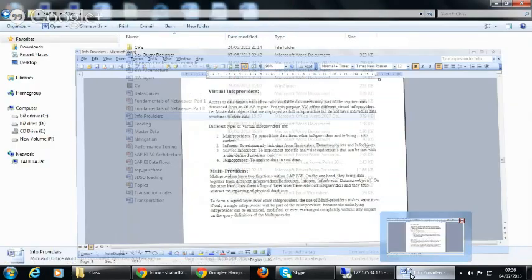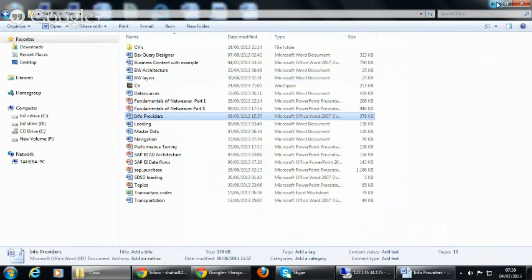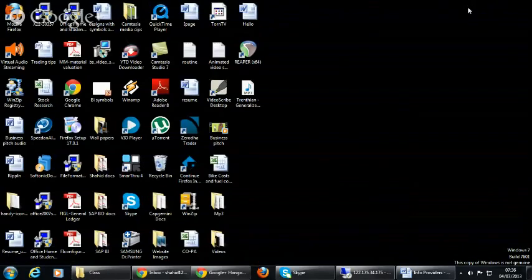You have to create virtual info providers. That means using multiple physical info providers, multiple data targets, and combining them is generally what we see, and then consolidation of data is very important.